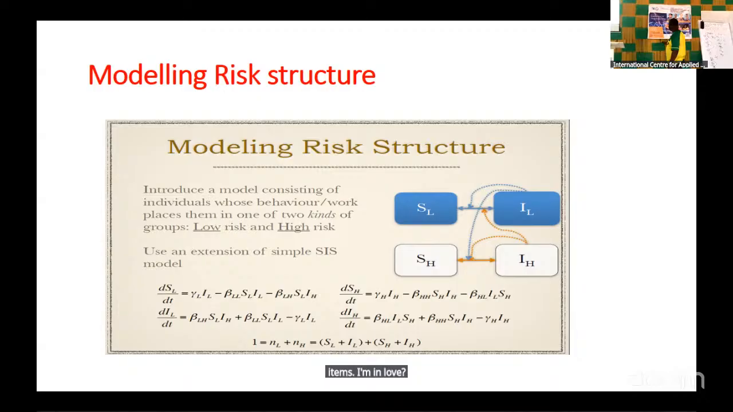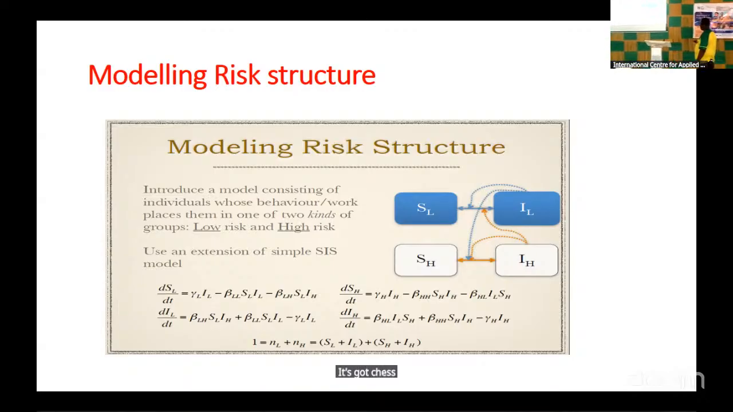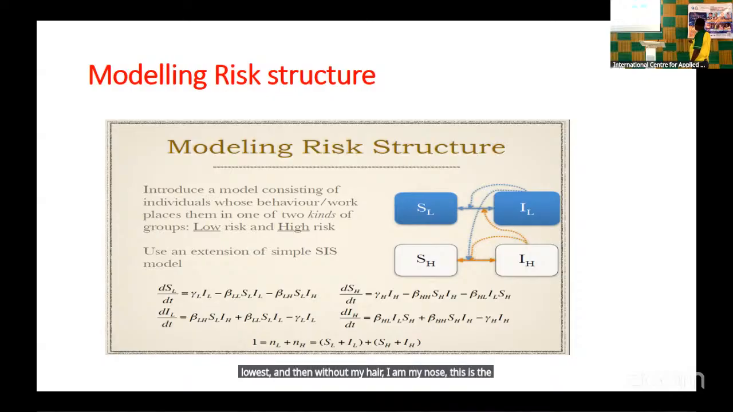So we use an extension of the simple SIS model, which captures, for this class, the susceptible who are low risk, and then the transmission parameter, the rate at which the susceptible low risk acquire infection due to the presence of the infected low risk, and then the rate at which the susceptible low risk get the infection from the high risk, and the same thing